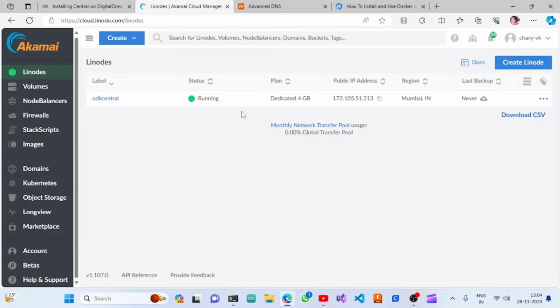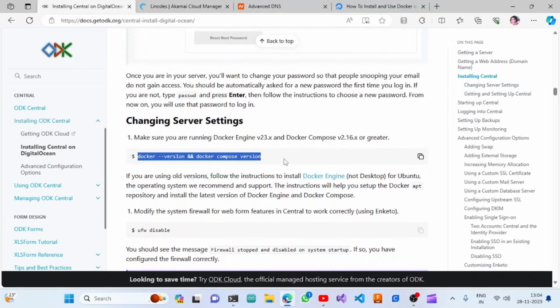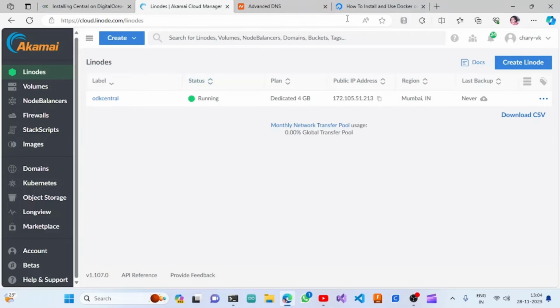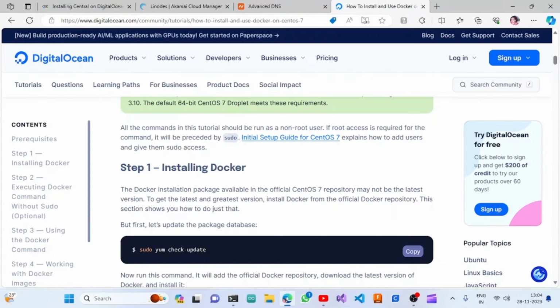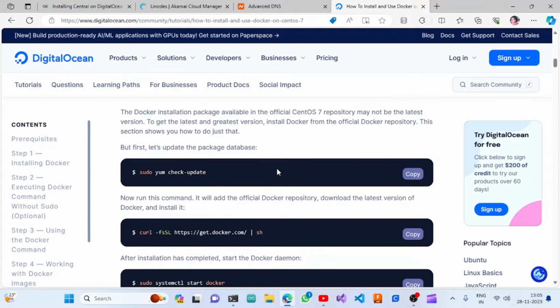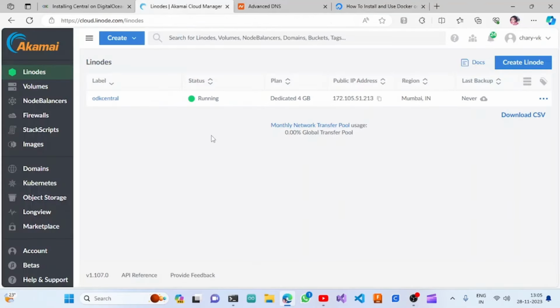For this we need to have Docker and Docker Compose. We can see it in this documentation also. If I copy this command and paste it over here, we can see the docker command is not found. So to install Docker, we can go to this DigitalOcean documentation. I will be sharing all these links in the description. You can check it out, and then we copy this,